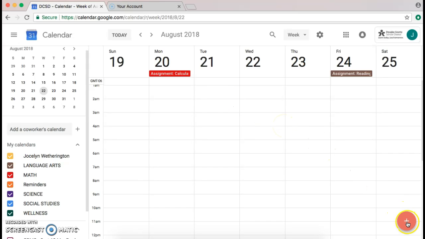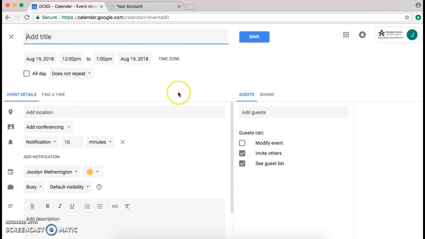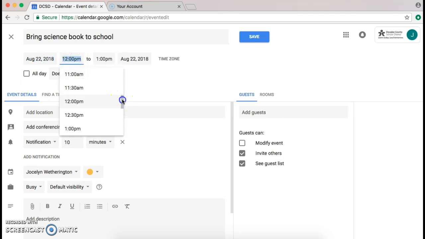Go to the bottom right corner of your screen and click on the Create Event link. Let's say you want to create a reminder to bring a book to school. First, you will need to title your reminder. Then, pick the day that you want to bring that book, as well as setting a time frame for when